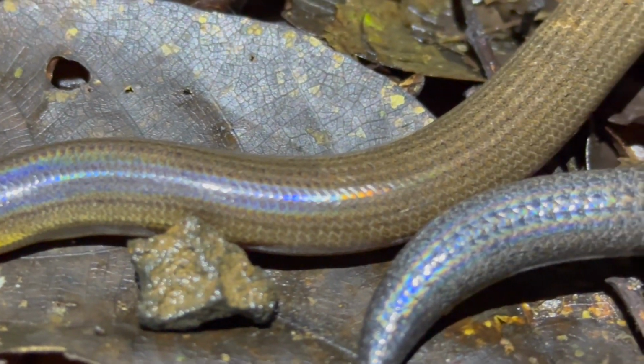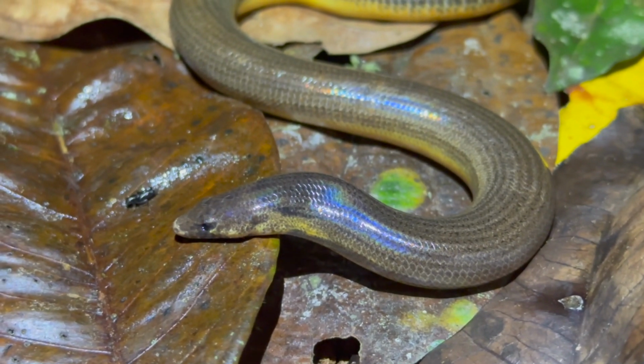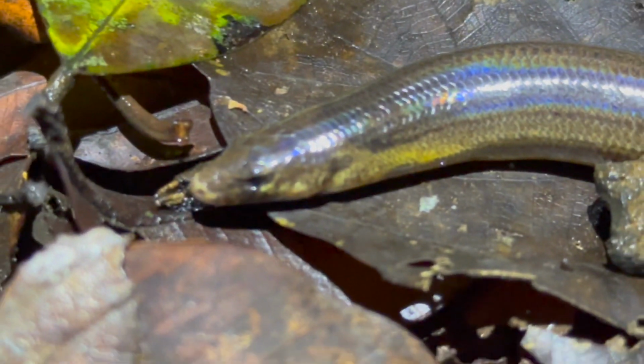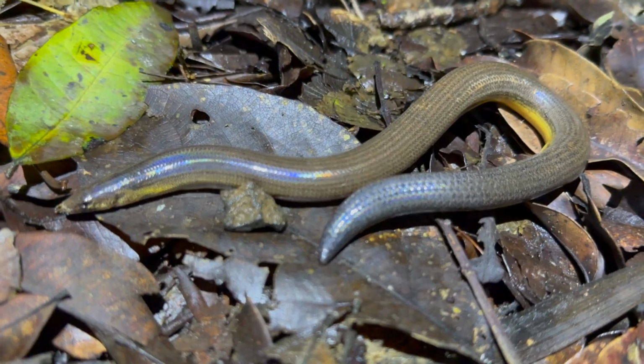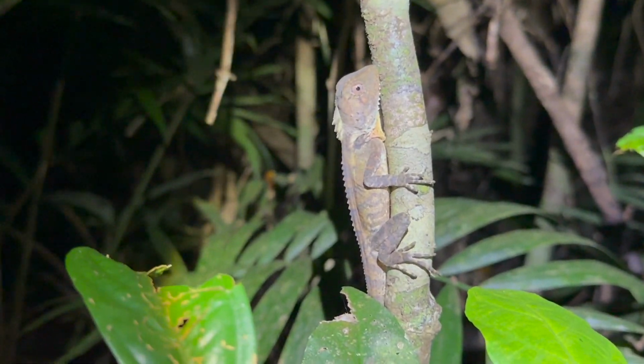That is so sick. They're one of 2 species in their genus, and they're called snake-tooth skinks, and they've got that pointed snout. They look like a little dinosaur. That is honestly insane. Alright, so you've seen a few Boyd's forest dragons so far, but this one's a little